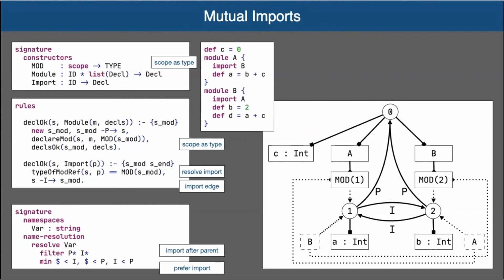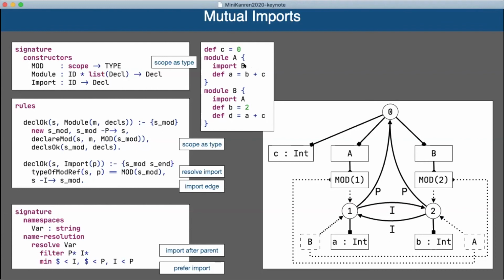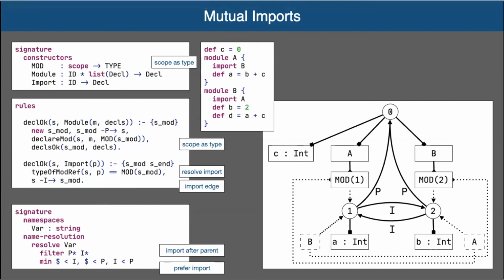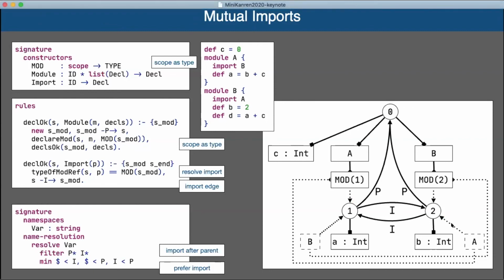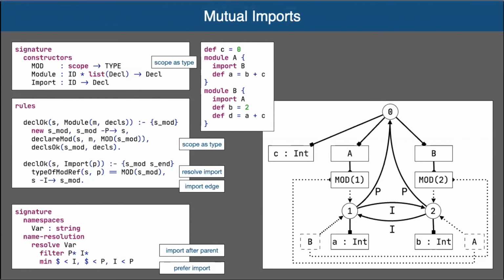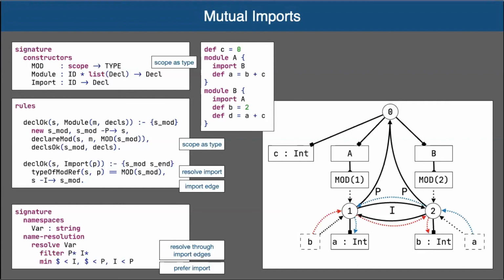And for example, here we see modules with mutual imports, right? So A imports B and B imports A, and it is just as easy to achieve with this schema as before, right? We resolve B to this scope or this name, and it means we create this I edge, and we resolve A to that module, and so we create this I edge, and so we can resolve in both directions without difficult problems. So the resolution policy takes care of cycle detection and so on.